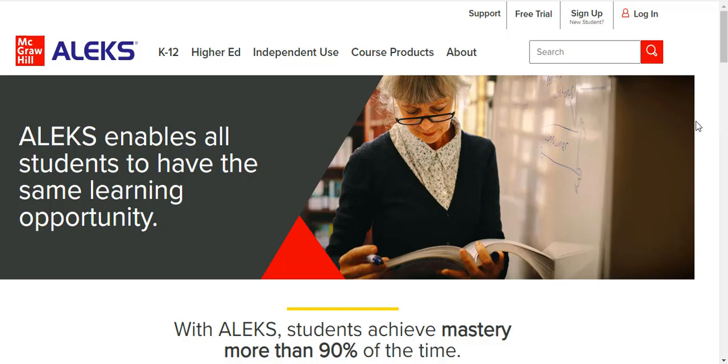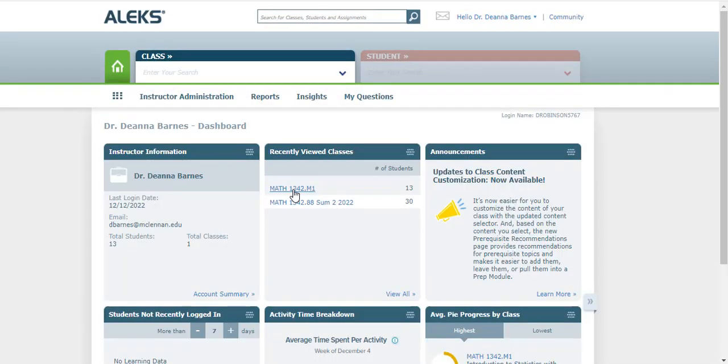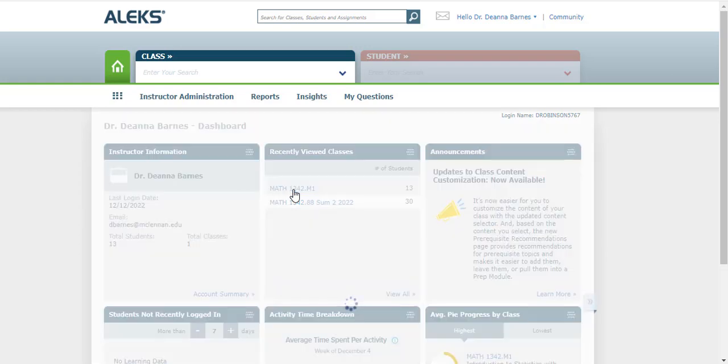When you first click on the link in ALEKS, you'll either need to sign up as a new student and create an account, or if you remember your login from prior times, just click Login. If you've never used McGraw-Hill ALEKS program before, you will need to create an account. When you log into ALEKS, you won't see this screen, you'll just see the course that you'll need to click